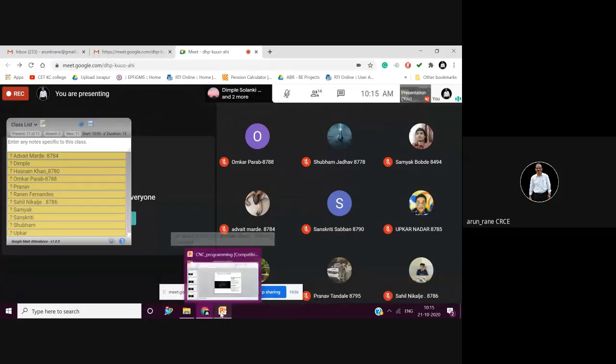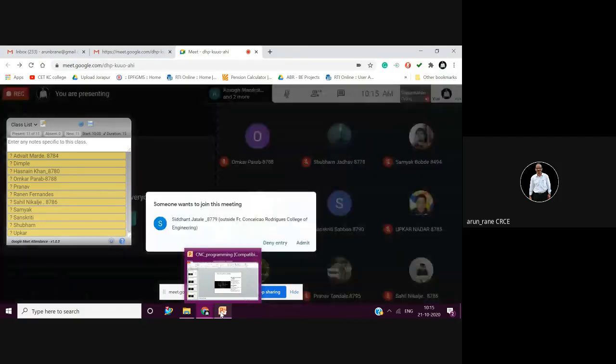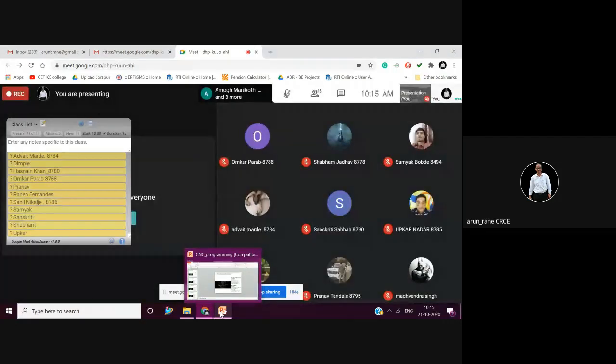So I hope it is clear. If you are going to do manual tapping, then your drill size should be a little bigger so that your tap will pass easily. But since you are doing machine tapping, you can go as per the theoretical drill size. See, manual tapping has a limitation. You can do manual tapping easily till M16 or M20, but above M20 it is very difficult because you have to apply a lot of force.